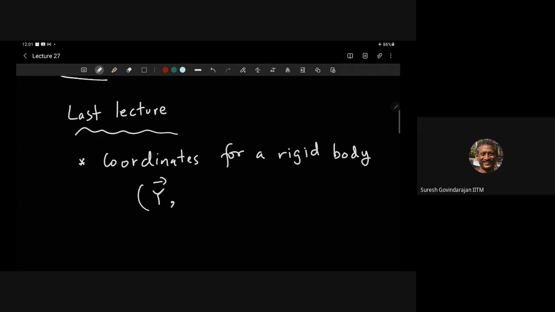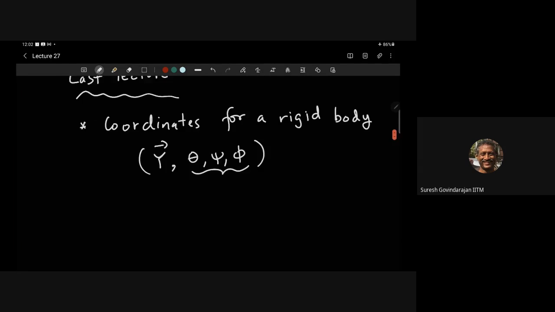It was in the form of the position of the center of mass and three angles, which we call phi, theta, and psi. These are the Euler angles which specify